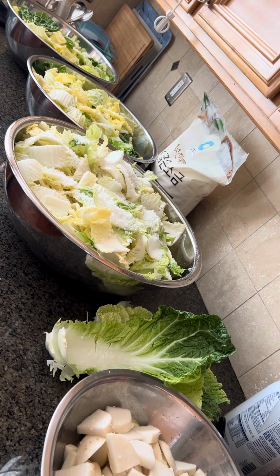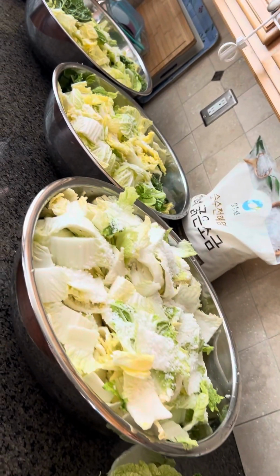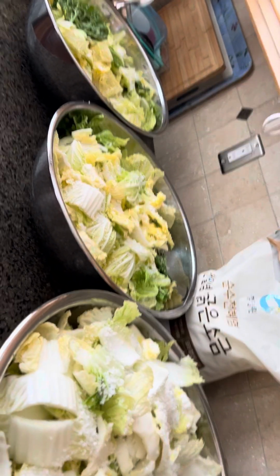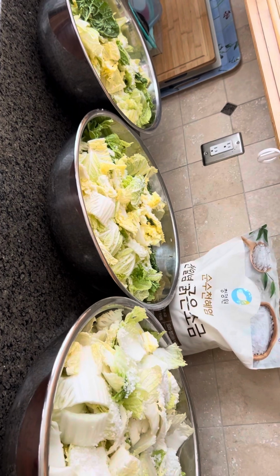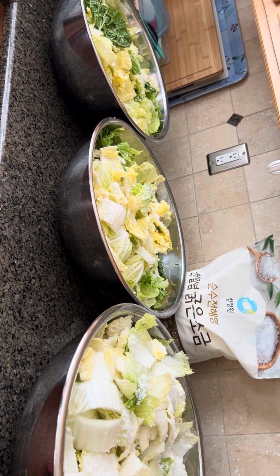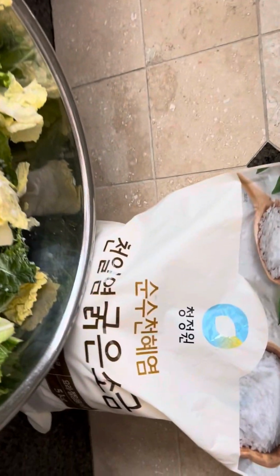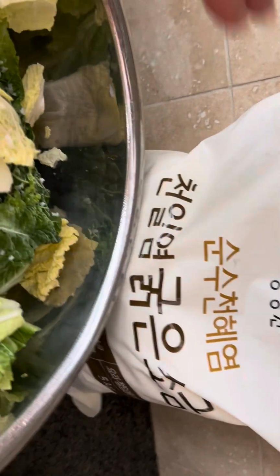Okay, this is video number 1 on how to make kimchi. This time I bought 5 big cabbages and 2 radishes. So the first thing is you have to wilt, and you're gonna wash later. So for wilting, you need a special kind of salt which is called